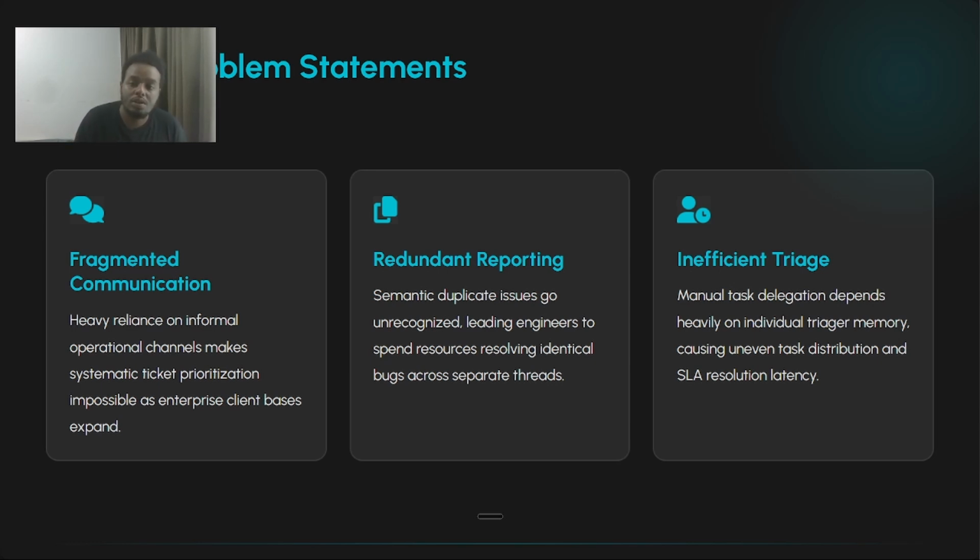And also inefficient classification of problems. Some of the problems that clients report are actually not a problem. They can be solved if the clients have more understanding of the system. That's why I'm trying to tackle this by use of AI for self-resolution, and also classification of problems, so we know what kind of problem it is. Is it an enhancement, an urgent bug, or a simple feature?